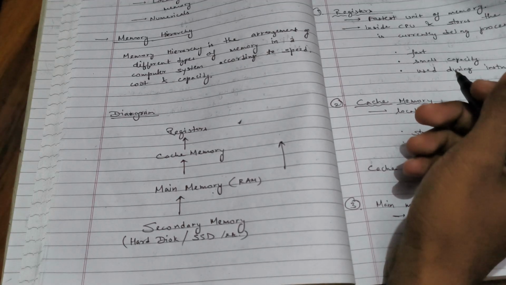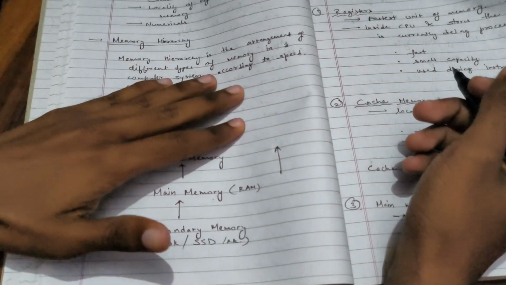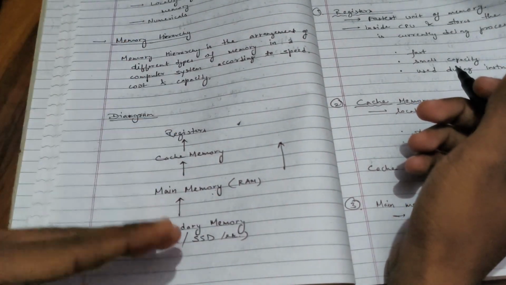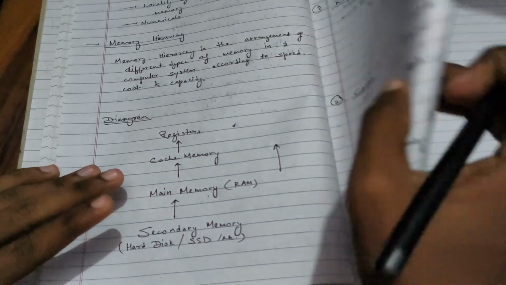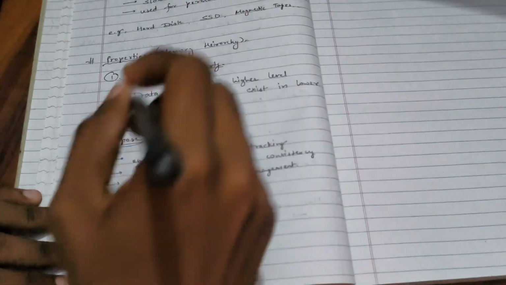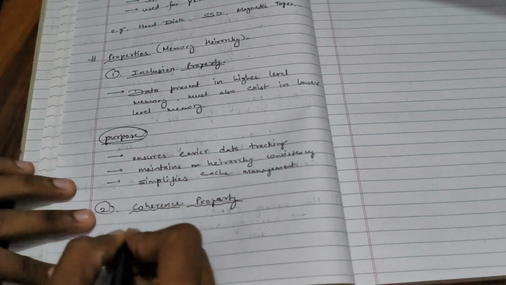So it is always required that if some data is updated at the upper level of the memory, then it must always be updated at the lower level of the memory as well, at all the levels where its copy exists. So it states that